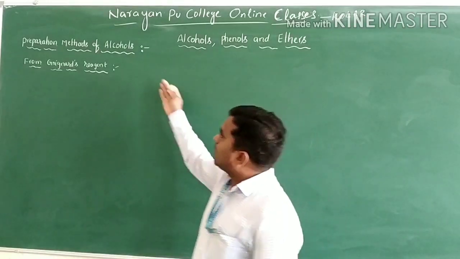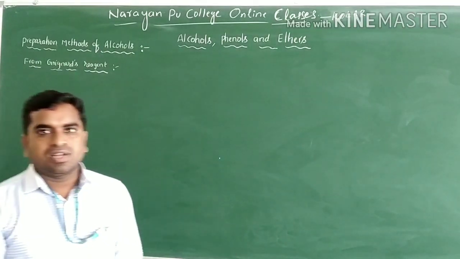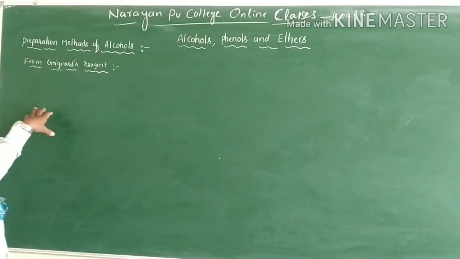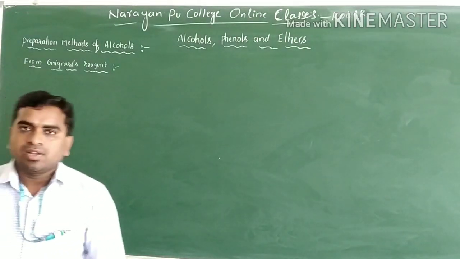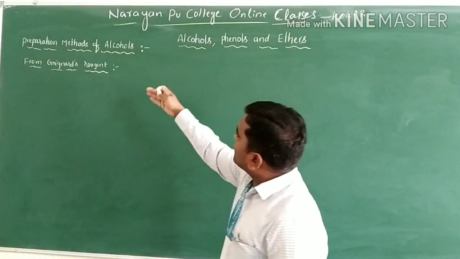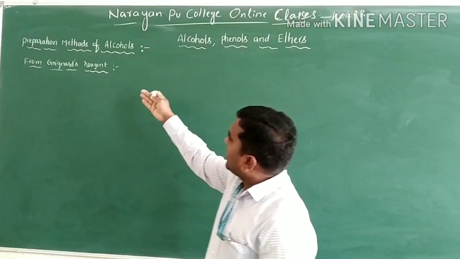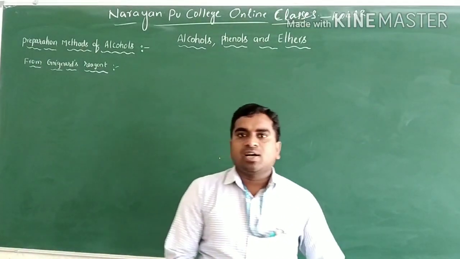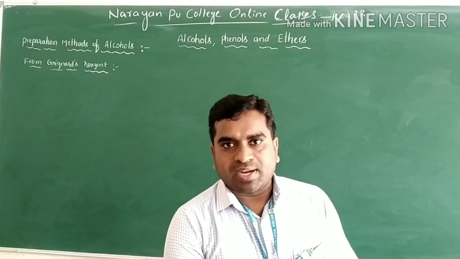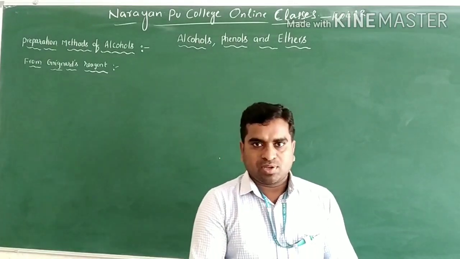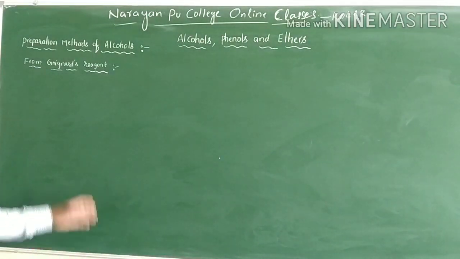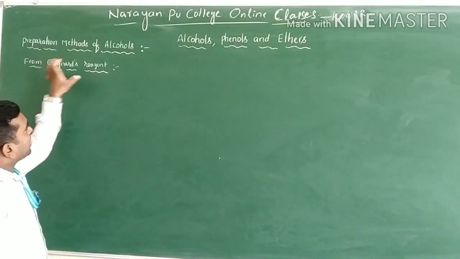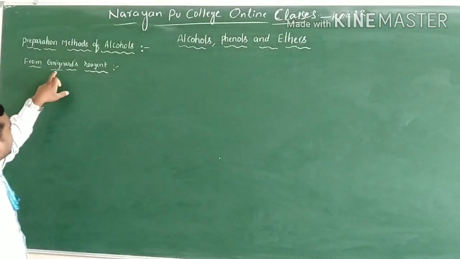Now, continuing with the preparation methods of alcohols. Previously we have discussed some methods. Now the next method is from the Grignard reagent. Alcohols are obtained when a Grignard reagent is reacted with carbonyl compounds, that is aldehydes and ketones. Here, first I will write the general equation for how carbonyl compounds are converted into alcohols when reacted with